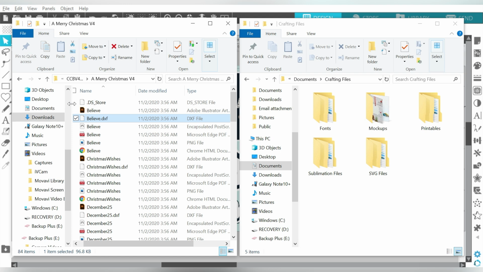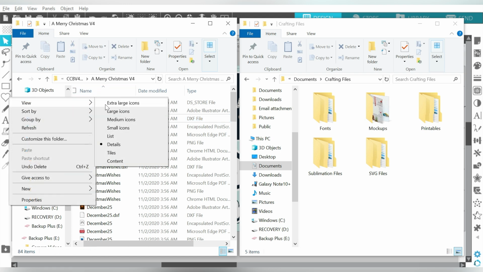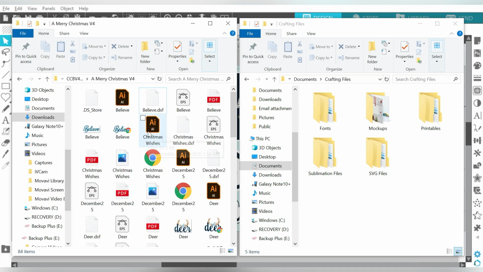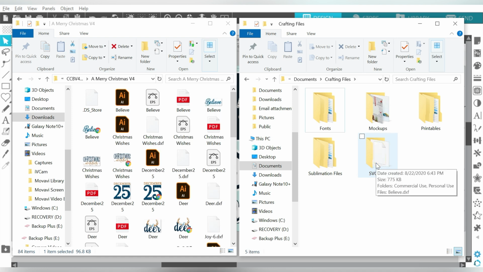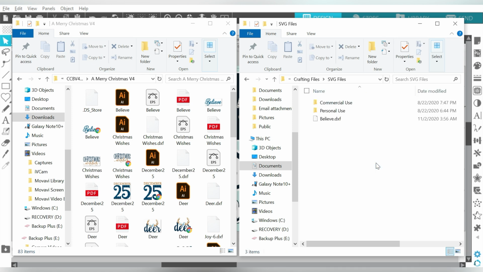And just for giggles, let's go ahead and switch over. I want to view by medium icons. That way I can at least get a little preview of what I'm working with here. So Believe DXF, I'm going to click on it, and I'm going to drag and drop that over into SVG files. Now I can continually do that until I get them all built up,